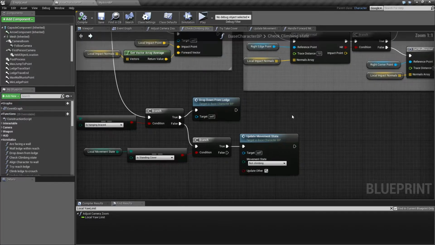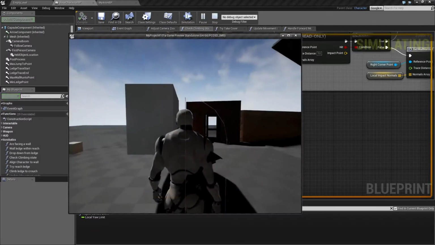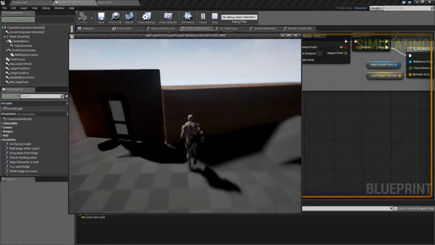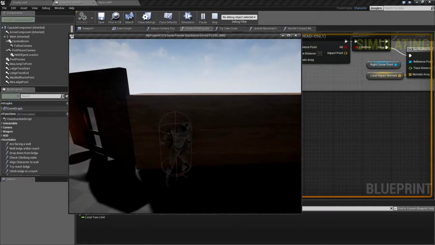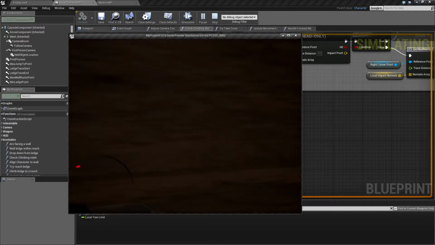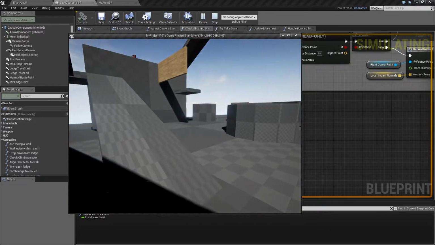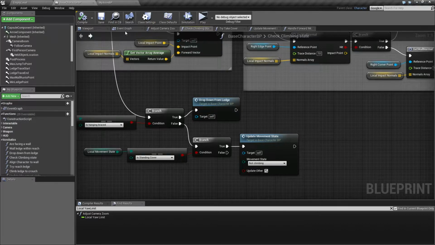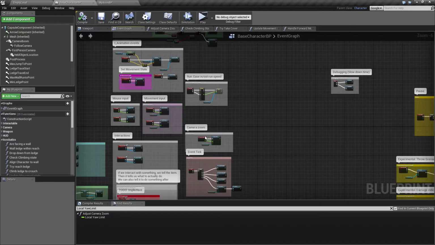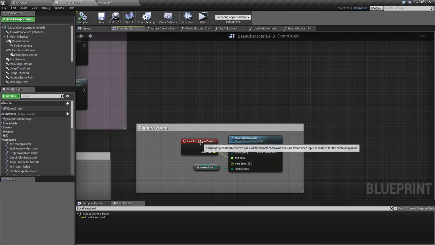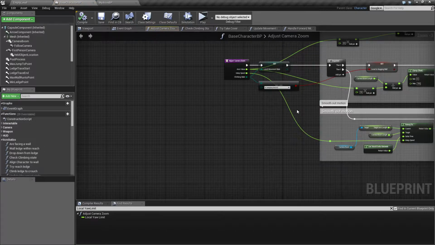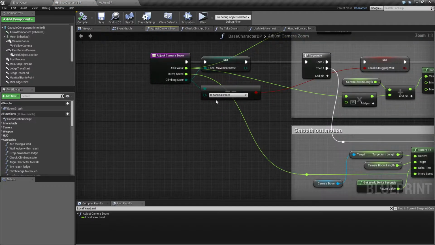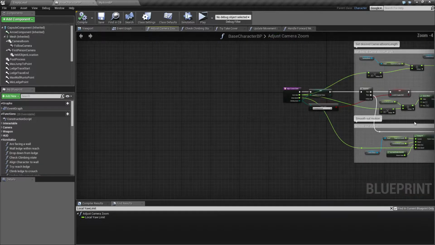What I wanted to say is when we zoom from third person to first person, like this, we call a function called camera zoom. So right about here, and what this one does is to check if we are in a hanging braced state, and if that is the case,